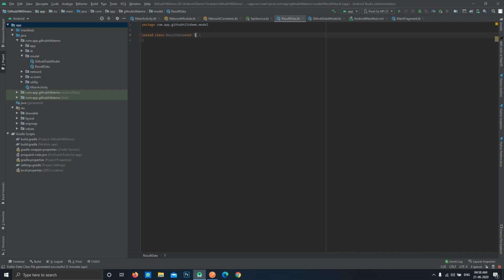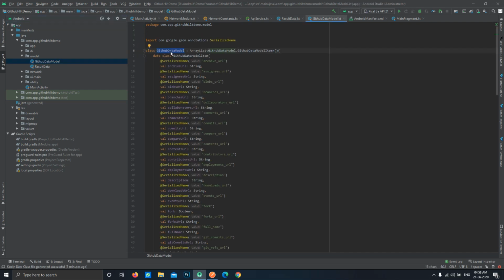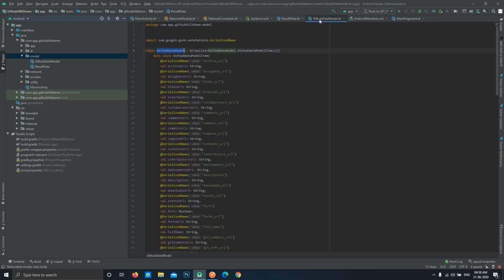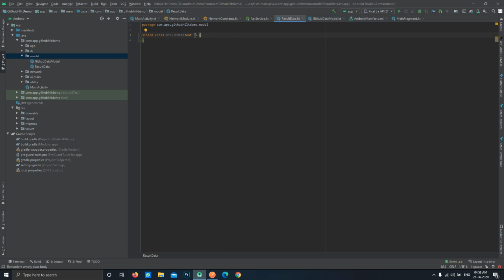These T's are used for generics, where we don't need to specify the specific type of the class, so it can be anything. Let's say we have 20 or 30 APIs and 20 to 30 different data classes. Then we don't need to create a separate result data class for every data class. We can create a common class like in this case, and use the generic type for it.